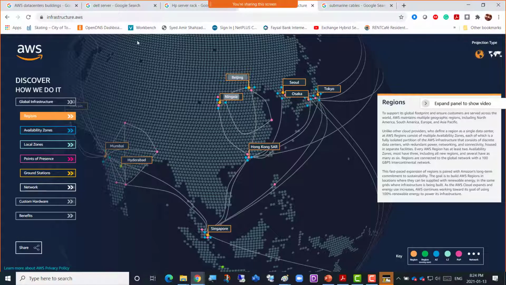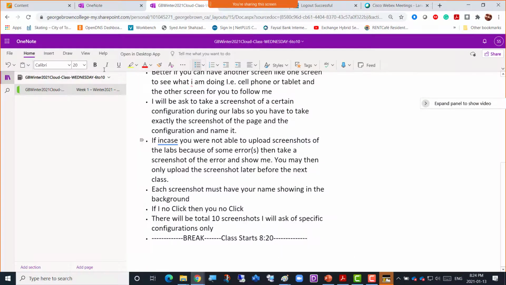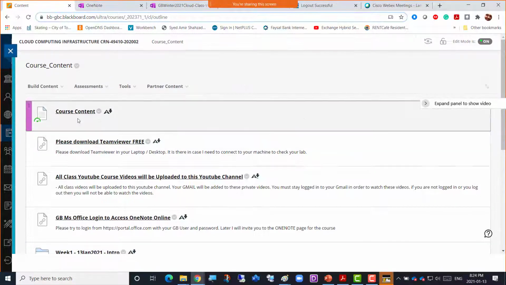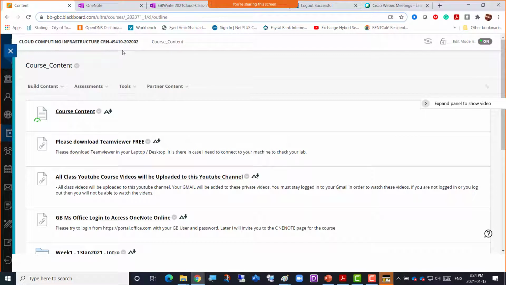That is available here on the Blackboard as well, right? On the top you can see you guys are 49410, right? And 2002. So there on Blackboard, download TeamViewer.